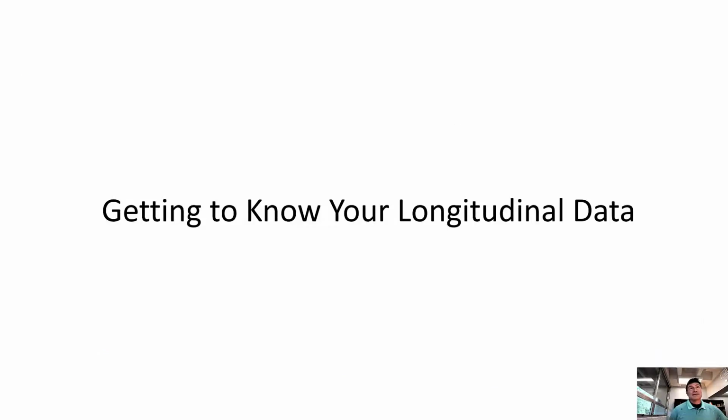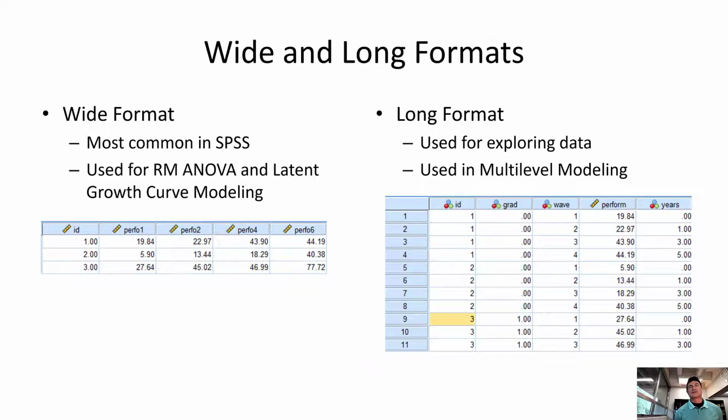All right, before we get into those better methods, and I stop bashing repeated measures ANOVA, let's talk about getting to know our longitudinal data, and we really want to understand what is happening, and there's a lot of techniques to graph it. I'm not going to go into all of those techniques today. I've got some syntax for you for that. But when we look at longitudinal data, we have to think about how our data is formatted, and that's going to be pretty important. Most common way we do this is what's called the wide format.